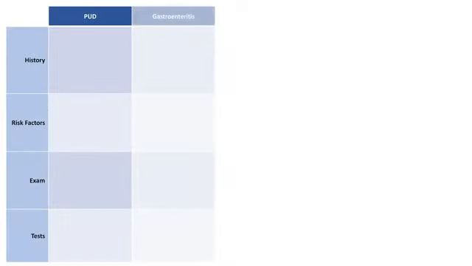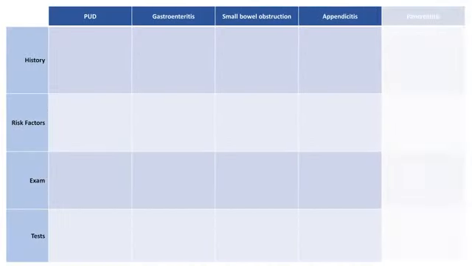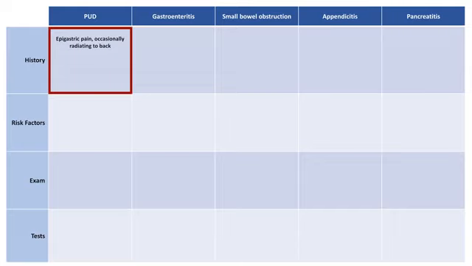First, let's compare and contrast peptic ulcer disease, gastroenteritis, small bowel obstruction, appendicitis, and pancreatitis. In PUD, the pain is epigastric, occasionally radiating to the back. It may be triggered by eating. There is occasionally associated nausea and vomiting and/or overt signs of GI bleeding like melena, but these are usually